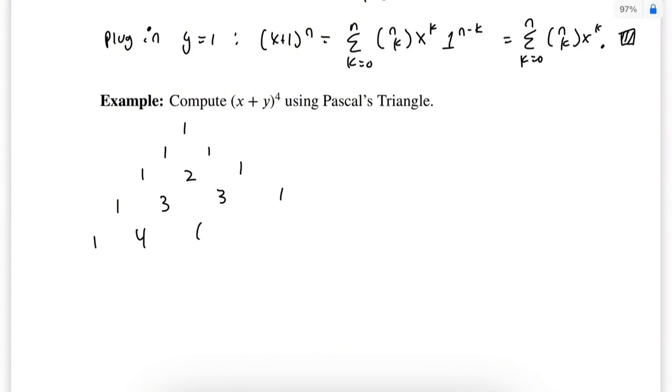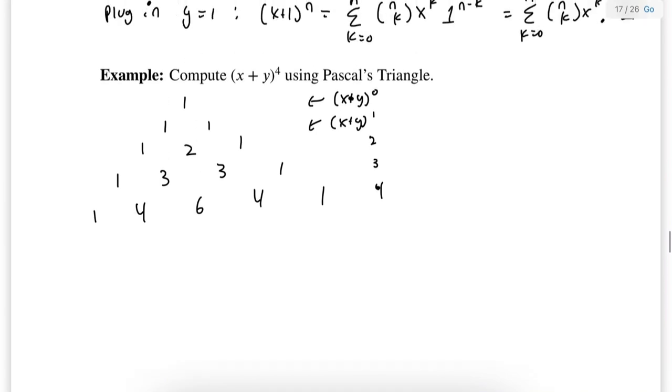And I'm going to go up to, let's see, we need up to this row, yes, because this row essentially corresponds to (x+y)^0. This is what we saw in our earlier example. This one corresponds to (x+y)^1. So you can label the rows in this way. This is row 2, this is row 3, this is row 4, right? And so, okay, (x+y)^4,